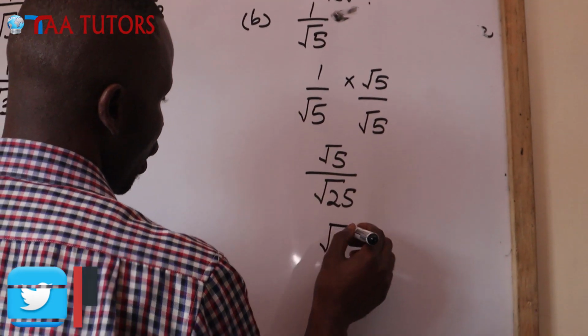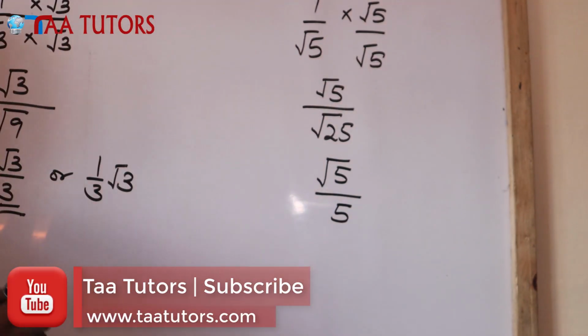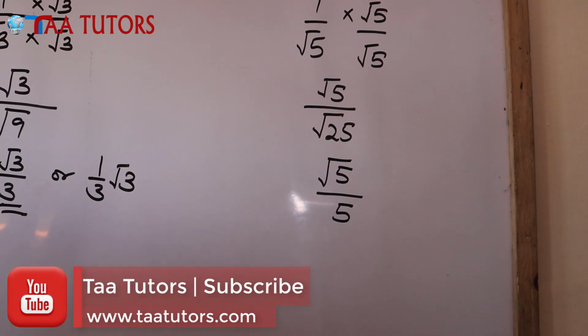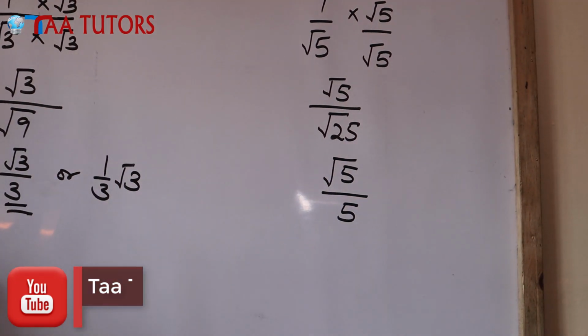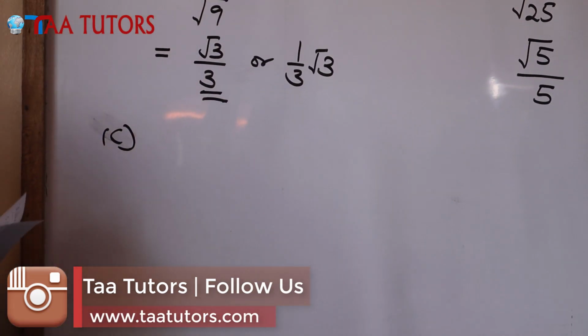So we're going to get √5 divided by 5. So you see again, we have removed the square root from the denominator. That is what we call rationalizing the denominator. What about C? Here we have a question dealing with